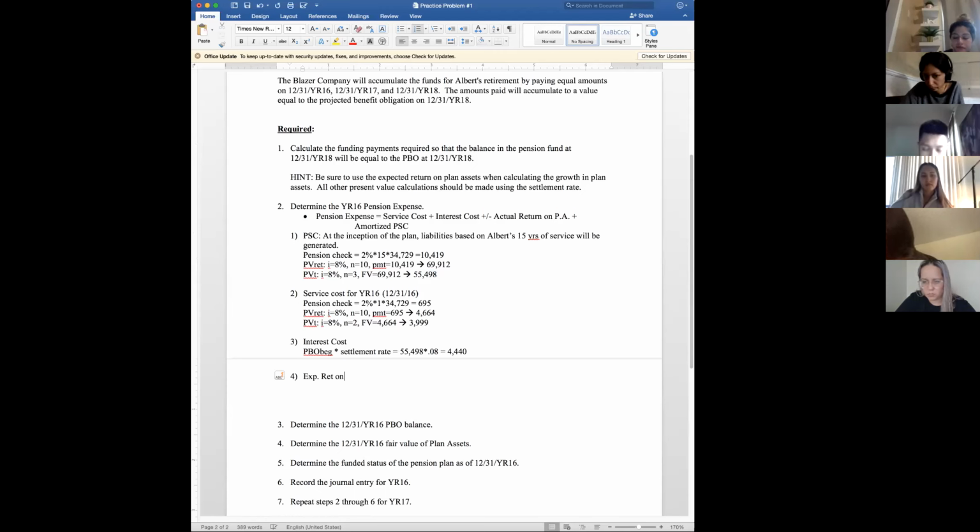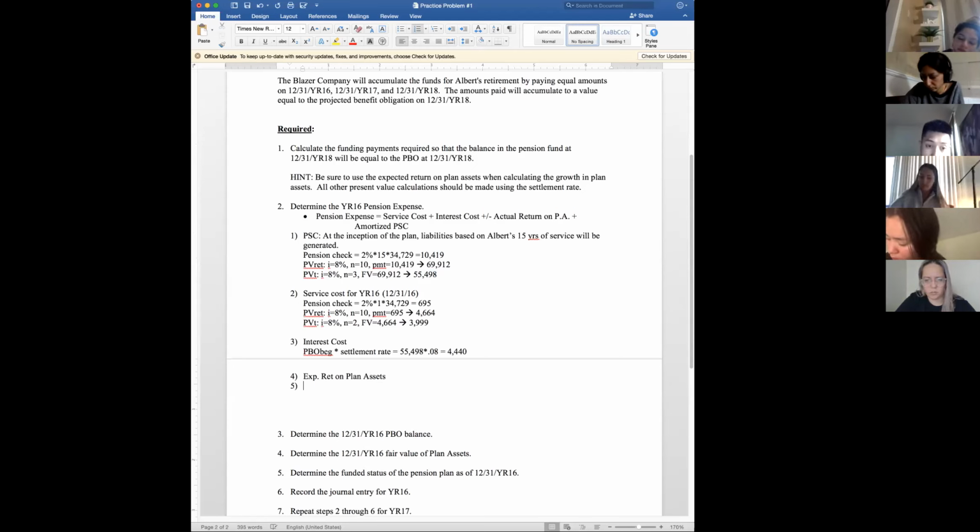Expected return on plan assets. Beginning plan asset balance multiplied by the expected rate of return. The expected rate of return is given at 10%, but we don't have any beginning plan asset